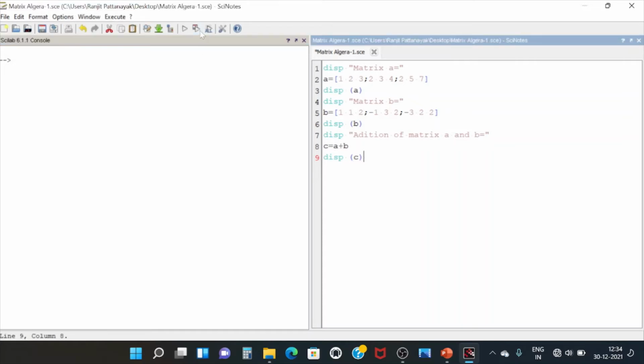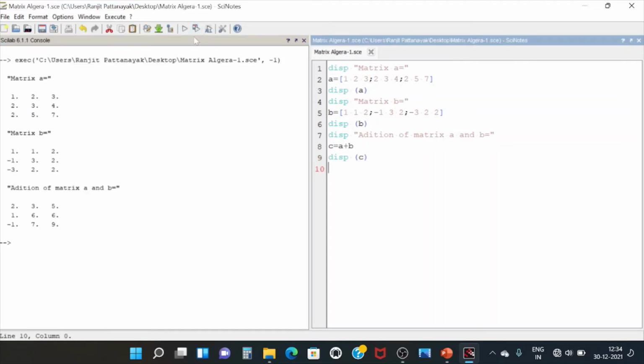So we have drawn it. Here I clicked and we found that matrix A is this one, matrix B is this one, and if I add these two matrices A and B, it will be this one.